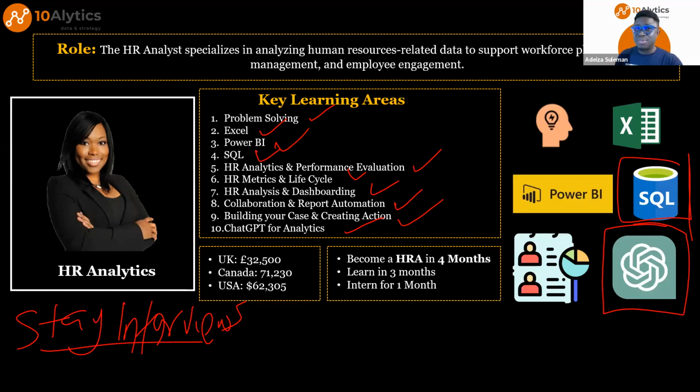I was discussing with somebody working with one of the largest data consulting companies here in the UK. And he was telling me that, look, I'm not very particular about employees being experts in a particular tool. No, I want you to know how to use the tool.